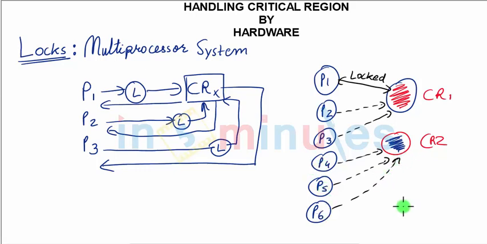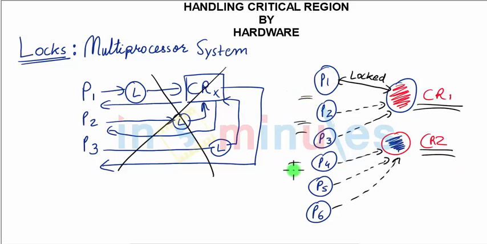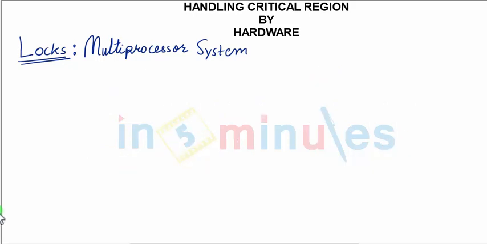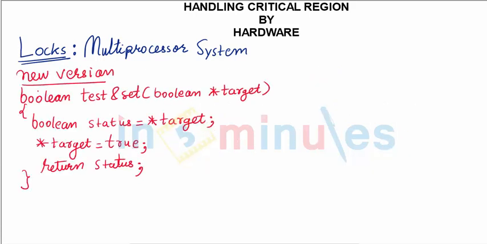So with this, it is very clear that the traditional algorithm we have done earlier is not going to be useful, because now we are talking about n critical regions, that is more than one, and n parallel processes. And how would we handle this scenario? For this, we need to alter the algorithm slightly. This algorithm is known as test and set. This is the first part of it.